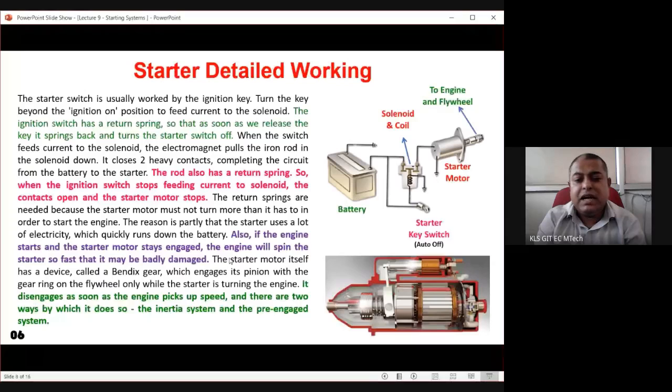The starter motor itself has a device called the Bendix gear, which engages its pinion with the gear ring on the flywheel only while the starter is turning the engine. So the Bendix gear is connected somewhere here or here, you can find it. It disengages as soon as the engine picks up speed. Initially the engine was stalled. As soon as the starter motor rotates, through the flywheel the engine picks up speed, and automatically the Bendix gear disengages. As soon as that gear disengages, the starter motor is stopped and it is not receiving any power